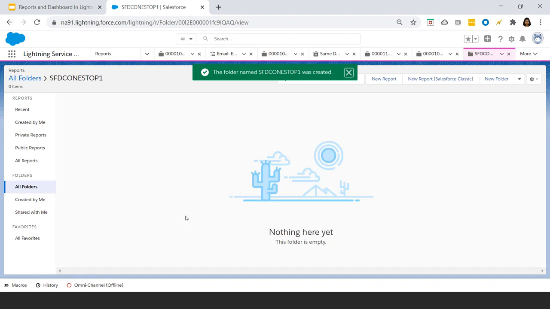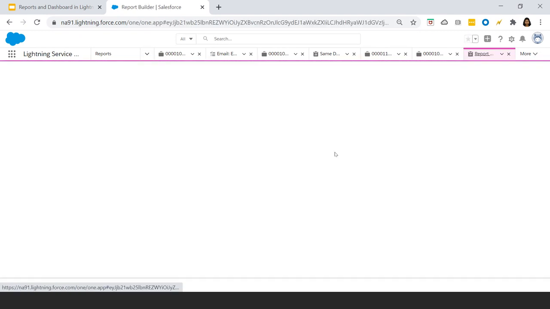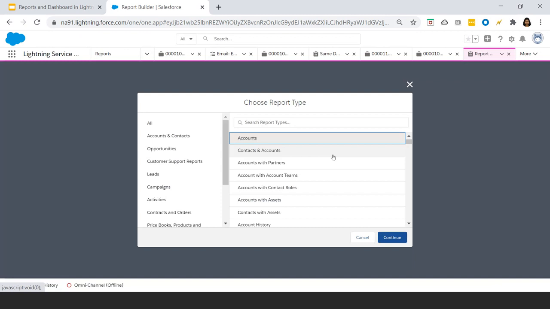Now this folder is empty because you haven't created any report. Now let us create a report. From the right hand side, click on new report. A report builder will open, and it will ask us to choose from the existing report types. So our use case is depending upon the case object, so we can make use of the standard report types which is available in the system.